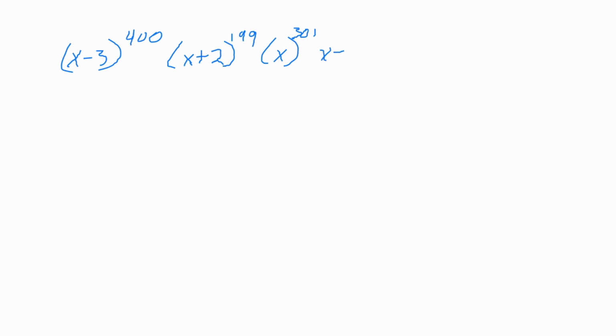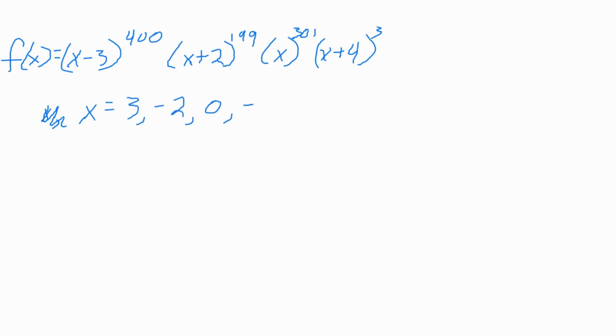So let's do something like, I don't know, let's do (x minus 3) to the 400th power times (x plus 2) to the 199th power times x to the 301st power times (x plus 4) to the third power. If I gave you something like this, it's actually just as easy as the problem you did. Where are the zeros going to be? The zeros are going to be at x equals 3, -2, 0, and -4,